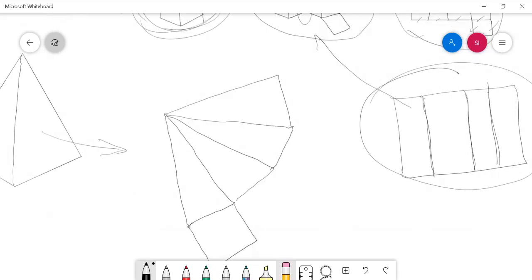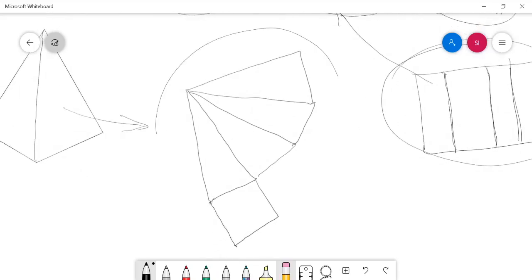This is nothing but the development of the square pyramid.